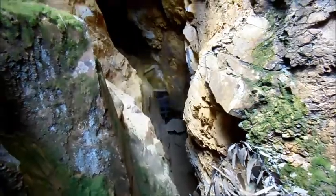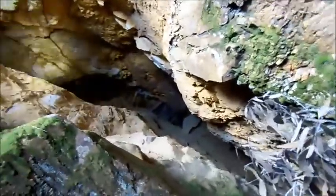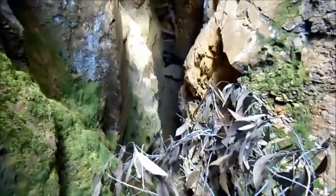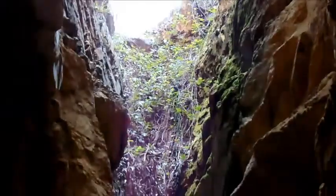Alright, so just down over there's some timber work. I'm going to try and go down there and get to it. So, got a few obstacles in the way to get down there, but I'll get down there. Alright, so I got to that timber work, and it appears to look like a very large stope. So that's where I've just pretty much come out of. That's where I've gone in and climbed down there,